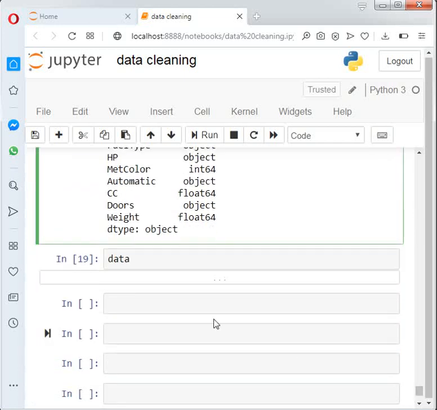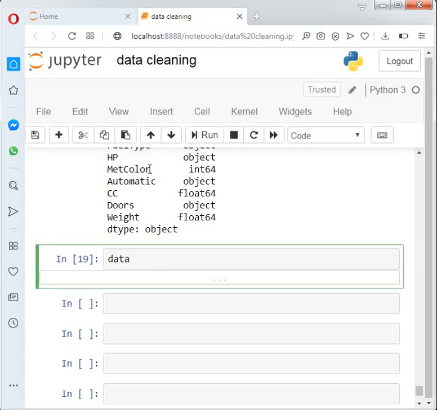Suppose that matte color is an int type. So by using data dot matte color, note the spelling, small and capital letters. It's case sensitive, so we have to be careful about small or capital letters. Then matte color dot astype, and in which data type we want to convert it.